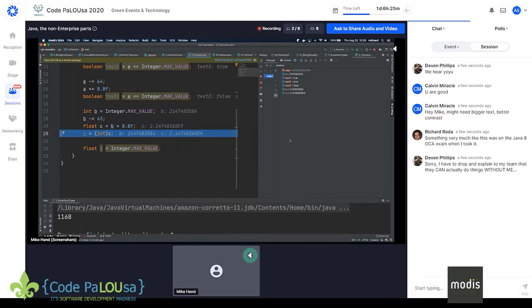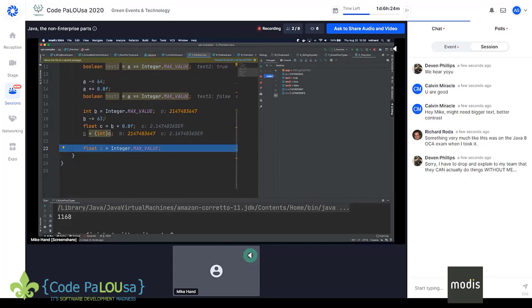The precision loss comes because the float value and the double value can represent very, very large numbers, but they don't actually have very much precision. They lose some precision. And so when this gets assigned back, it's actually going to be the same value as where we started.